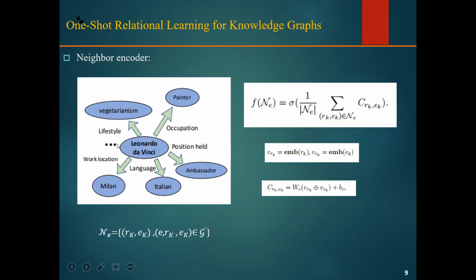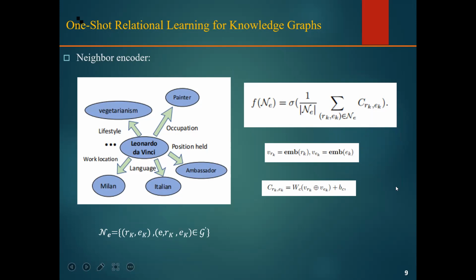We try to encode this neighbor set and output a vector as a latent representation which includes all this information. To do this, they face the problem that the encoded set sometimes has varying sizes, so they use this function. First, it is invariant to the noise, and second, it is insensitive to the size of the neighbor set. So it gives a good result in representing the local graph structure.